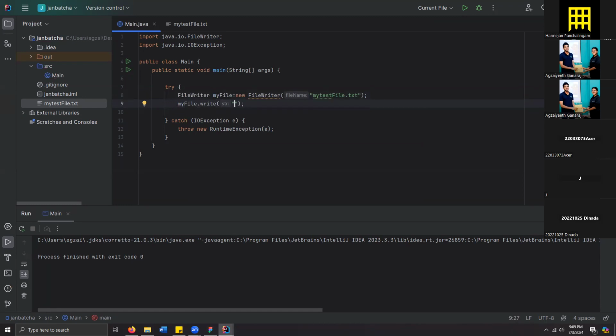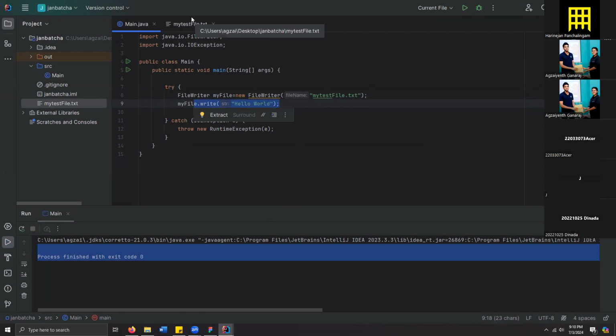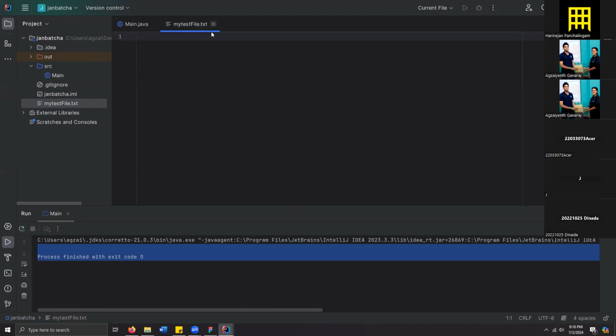Let's try writing hello world. I say hello world, and then I run my program. Yep, it says the code exited, so it wrote and then the program ended. Now if I go to my text file,